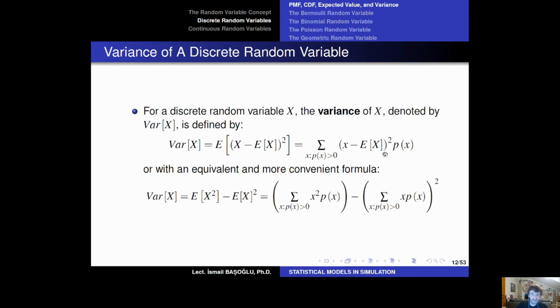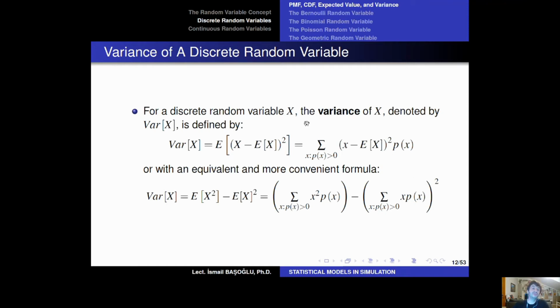How can we calculate that? First, we need to calculate the expected value. So variance calculation requires calculation of the expected value. Then we calculate the squared deviations from the expected value for each possible value that the random variable can take. Now, this time we are taking the weighted average of the squared deviations with respect to the assumed probabilities on